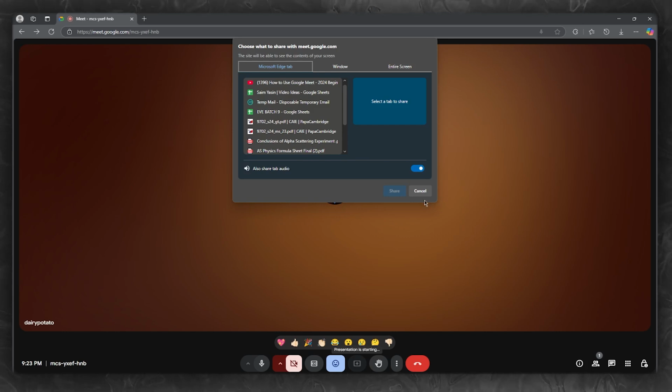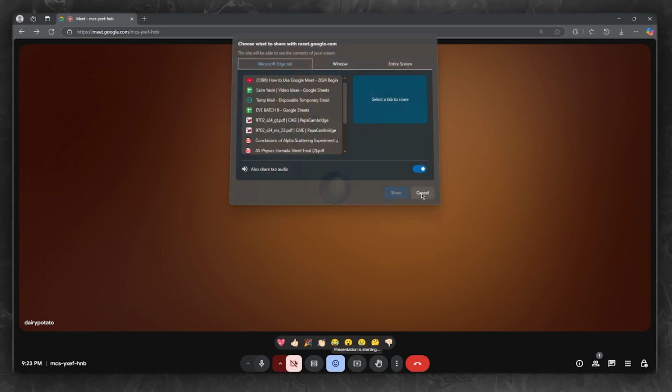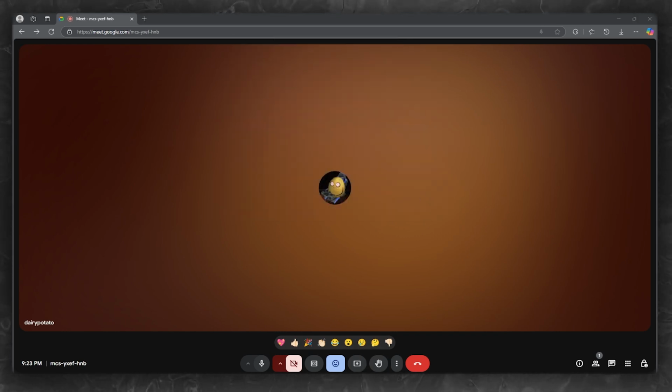Now, this is also a pretty cool feature because presenting a screen is not available in a lot of other conferencing or video conference softwares. And in the ones where it is present, I would say that Google Meet has a very good presentation software because you can not only present the tabs on your Google that you've opened up, but you can also present your whole screen with the audio. Now, most softwares don't do that for you. Then also, if you're in a classroom, you can raise your hand and you can keep it raised until someone